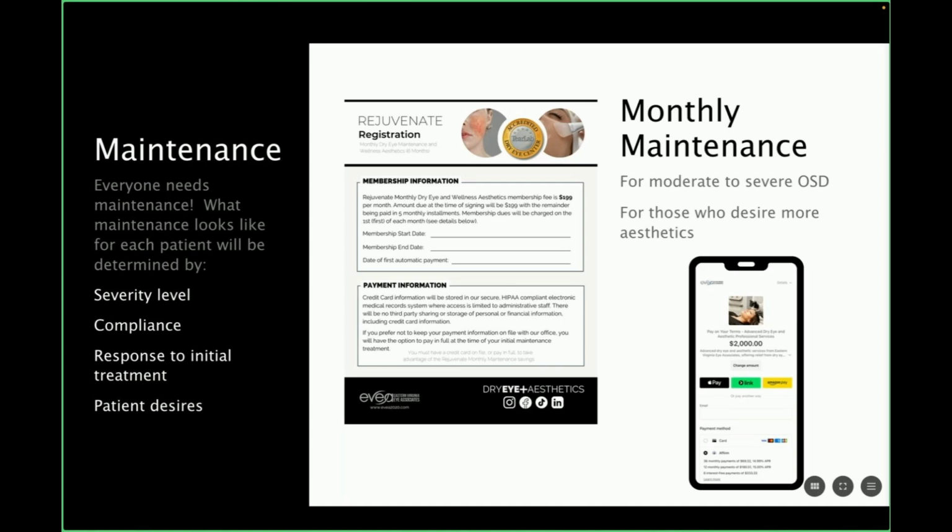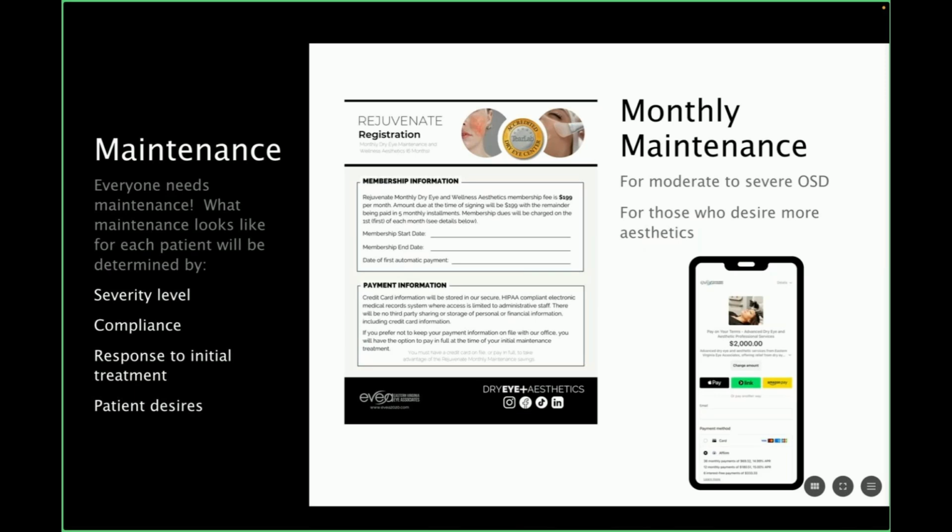And this is where some docs go wrong in terms of their recommendation. They're not quite as transparent with the patient initially. So for your severe patients, those first 4 sessions are going to get them moving in the right direction, but expect that they're going to need maintenance. I didn't know this in the beginning. So my language initially, when I first started doing the IPL years ago, was, yeah, let's do these 4 sessions. You're going to be golden. All your symptoms are going to be gone. And it caused me to have a lot of really uncomfortable conversations at their follow-up visit because they weren't better.